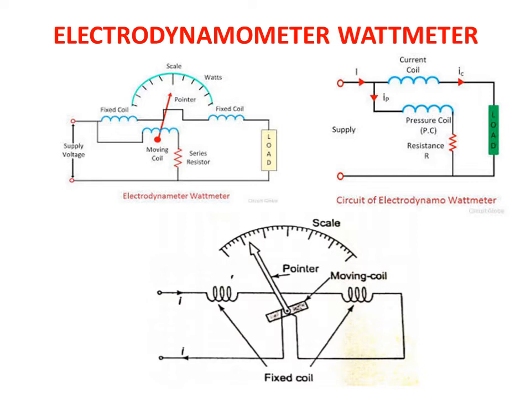Now, these are the two important components: the first component is the fixed coil and the second component is the moving coil. So by this time you can guess there are two important components in the electrodynamometer wattmeter. Let me talk about the fixed coil first. This air core varnished coil is used to generate the necessary magnetic field required for the operation of the instrument, and a uniform magnetic field is obtained near the center of the coil.